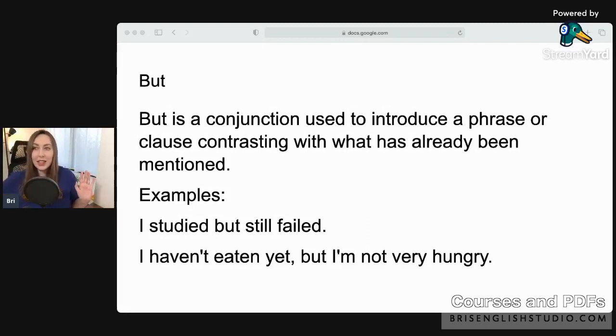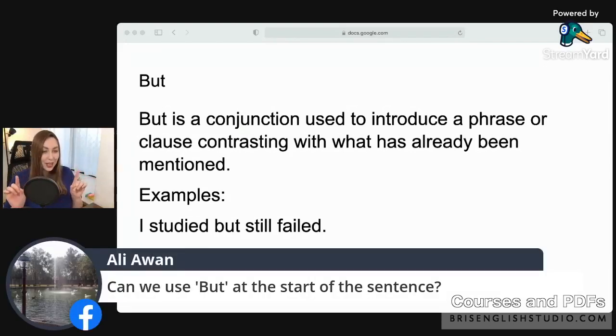But, this is a good question. I was just going to answer this. Can we use but at the start of a sentence? This is what I wanted to get into. So it's a little bit of a controversial topic. So when I was growing up, my English teacher in America, every English teacher I ever had said, do not start a sentence with but, okay? However, but